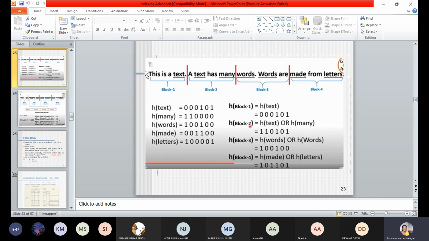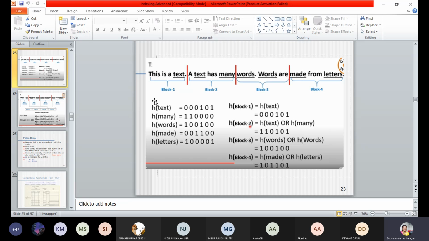So what you will do, you will first divide it into small blocks, and for each word, all the connecting words will be removed, and accordingly only the words which are expected to get searched alone will be initialized with some hash value.